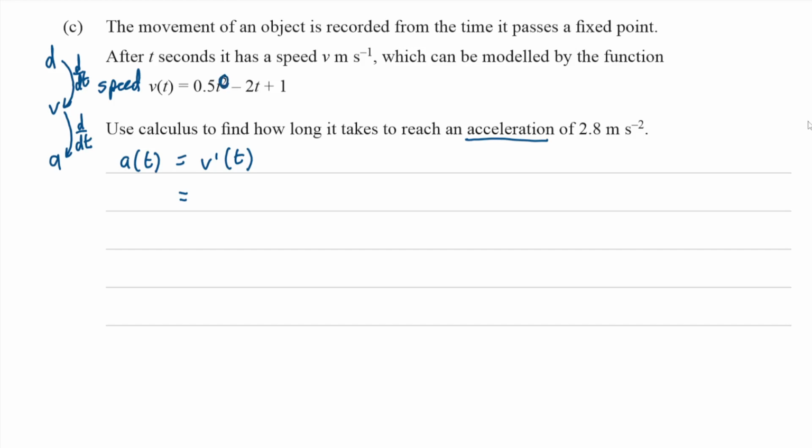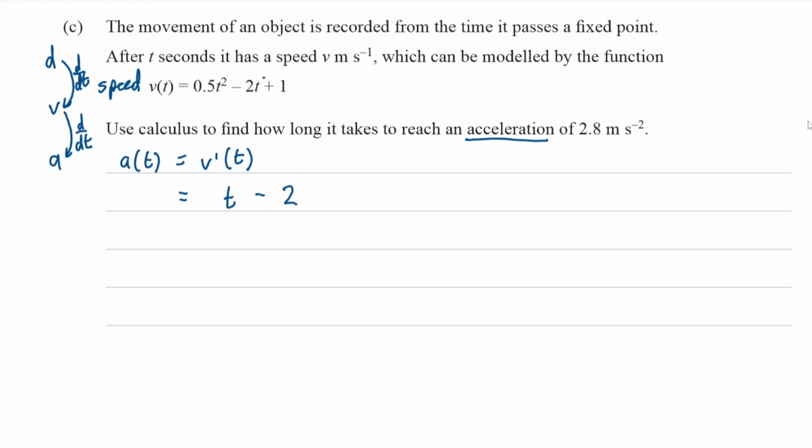So we're looking at the first term, power of 2, multiply out the front, so 2 times 0.5, which gives 1. T to the power of 2 minus 1, so subtract 1 off the power, just gives 1. And when we have power of 1 and coefficient of 1, we don't need to write that, to keep it nice and tidy. Now the derivative of minus 2t is minus 2,